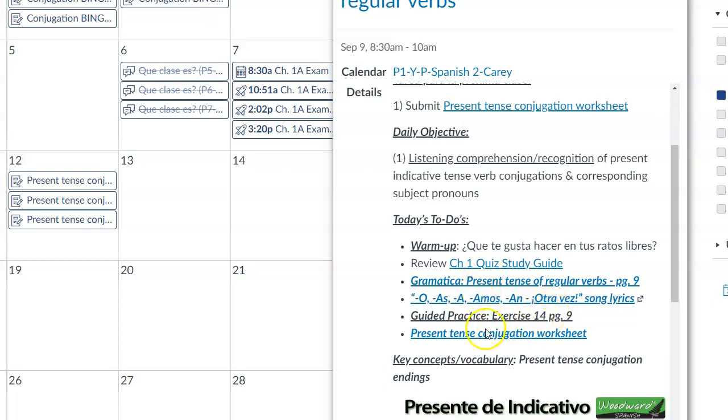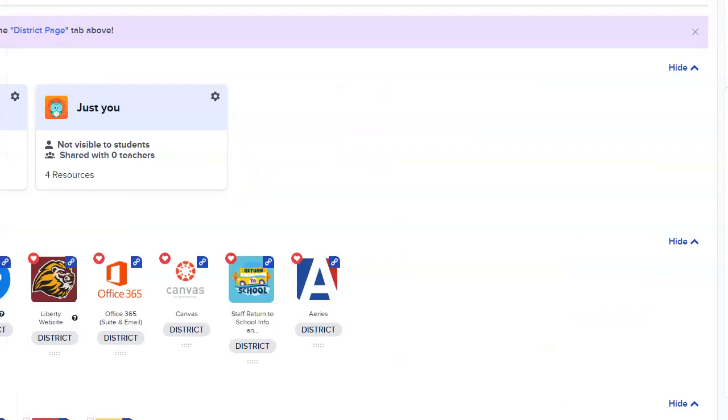Let's go ahead and look at that, and then let's go ahead and take a look at the conjugation worksheet for folks at home, making this up while they're absent, or for those of you that were here but just want to get more instruction on how to go about your work. So first and foremost, how to log on to the ETextbook.